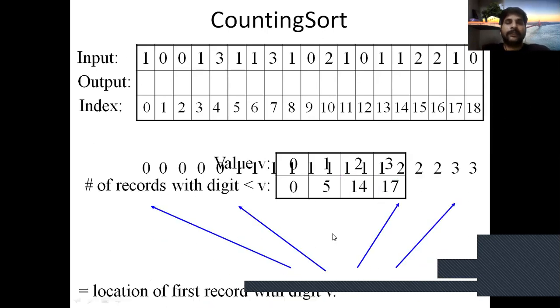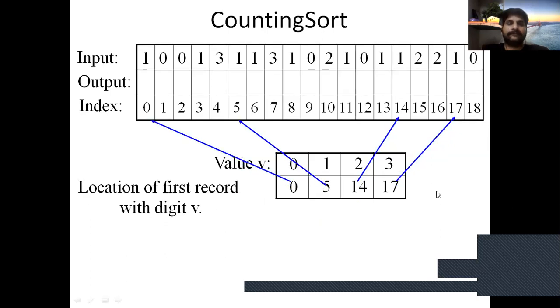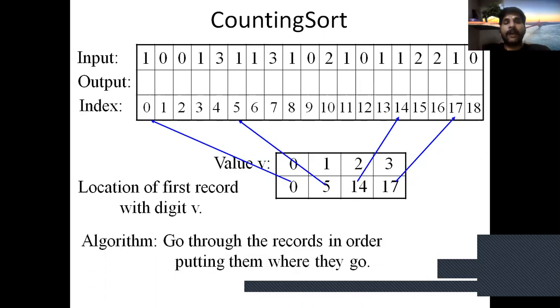So 0 starts from 0, 1 starts from 5, 2 starts from 14, and 3 starts from 17. The algorithm goes through the records in order, putting them where they go.